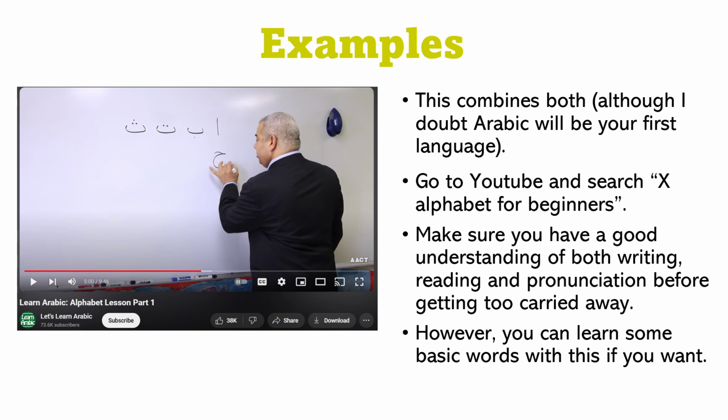So yeah, go to YouTube and search X alphabet for beginners, where X is the language you're learning, so Russian alphabet for beginners, Greek alphabet for beginners, whatever. And yeah, just look for videos like this where someone actually does a good explanation, and ideally they're a native speaker, so kind of look for the accent as well. If it's someone with an accent that isn't the language you're learning, that's fine, but just be careful, because obviously if you're not a native speaker, you might make mistakes.